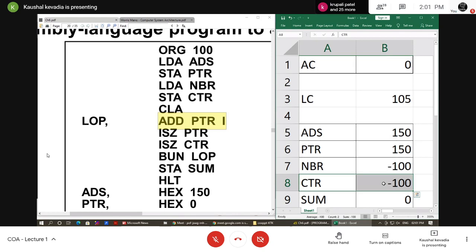When we check that okay this value is this, then we have to exit from this program. हमारे पास ऐसी कोई इंस्ट्रक्शन नहीं है कि ओके ये जो वैल्यू, जो सपोज CTR की वैल्यू मैंने इनिशियली 0 ली है, when it reached to the 100 I can say that my task is over. ऐसी इंस्ट्रक्शन हमारे इंस्ट्रक्शन सेट के अंदर अवेलेबल नहीं है. हमारे पास ऐसी इंस्ट्रक्शन अवेलेबल है कि वो चेक कर सकता है कि व्हाट इज द करंट वैल्यू ऑफ दिस. The instruction can check that okay what is the value at this memory location, it is 0 or not.